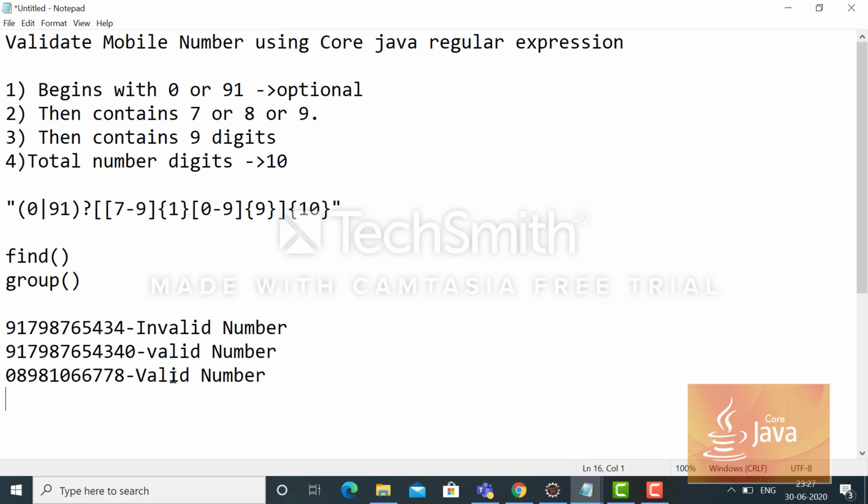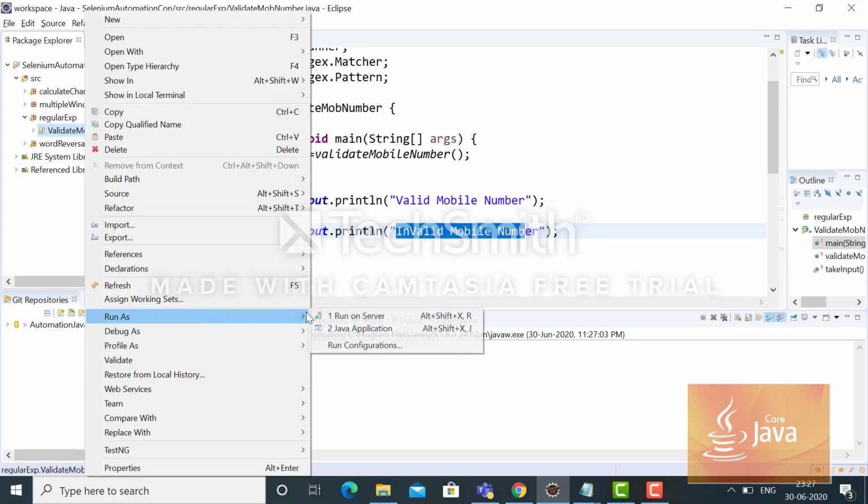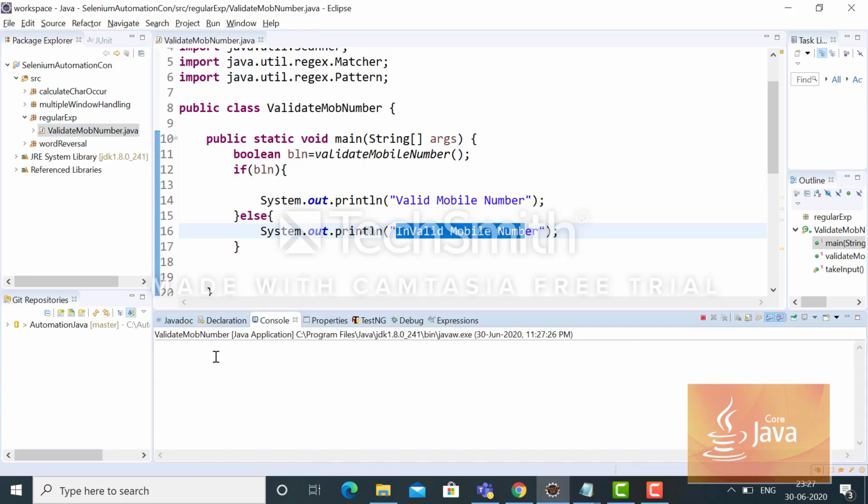Then, as this is optional, I want to test it without 0 or 91. It should also give valid, because it consists of 10 digits, and the 0 or 91 is not required, it was optional.